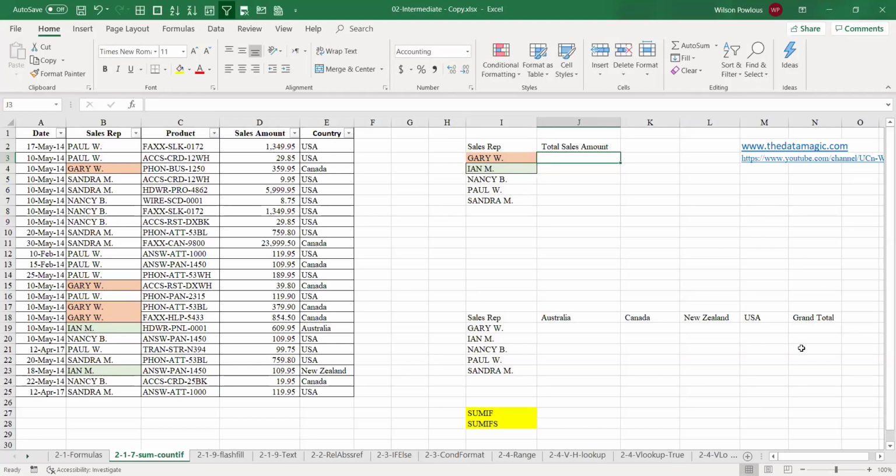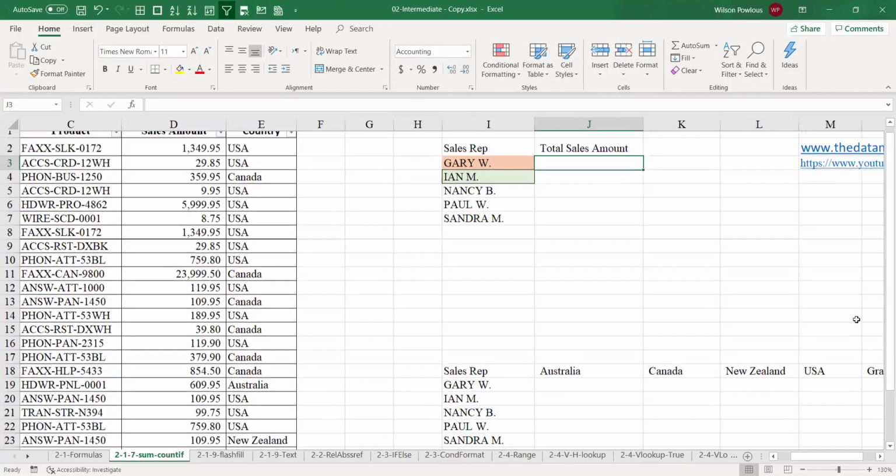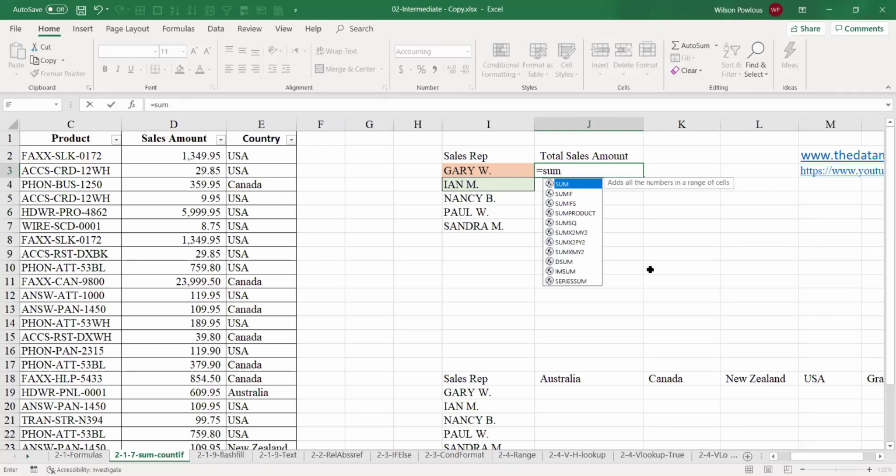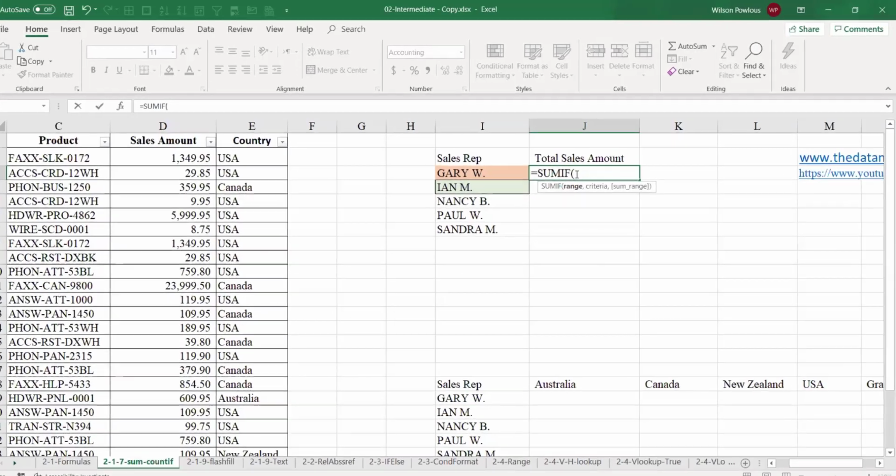I'll zoom it a little bit. Equals SUMIF, and press the tab. When I just type SUM, it will give you a lot of formulas. Again, you continue typing IF. If you are happy with this SUMIF, whichever is highlighted, we can just press the tab button, and it will put the opening bracket as well.